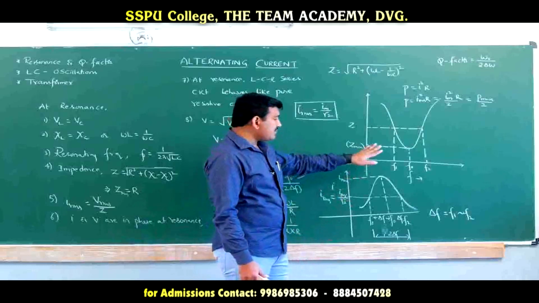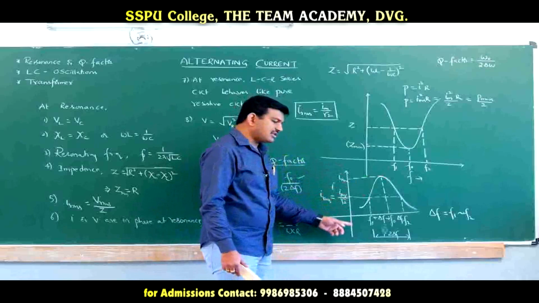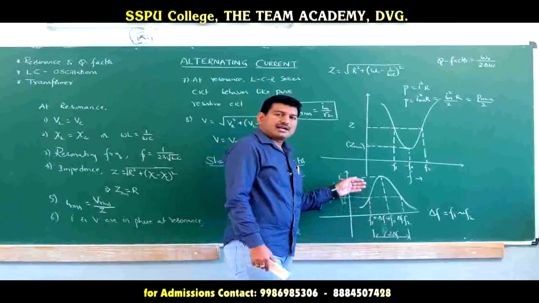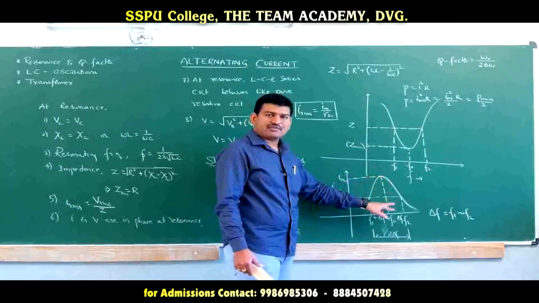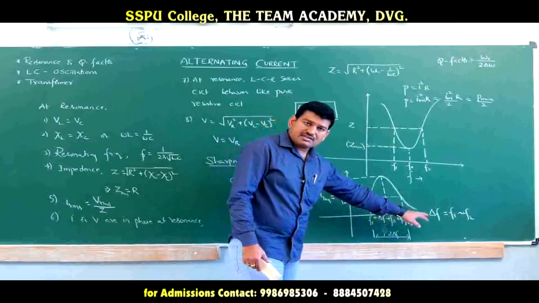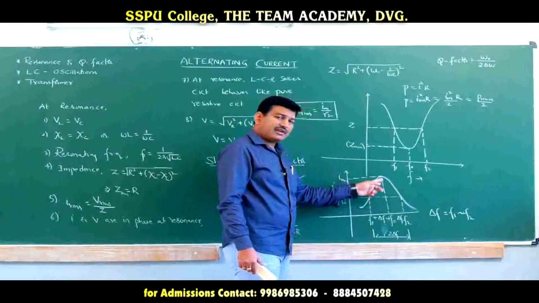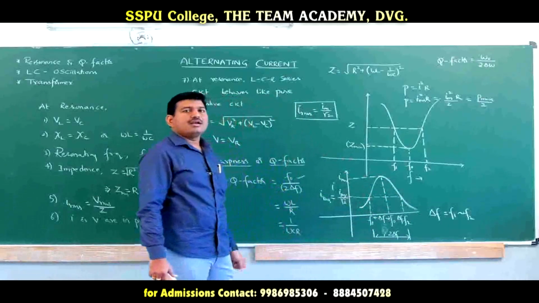And impedance is minimum for which frequency? Resonating frequency. Similarly, if you see the current versus frequency graph, with increase in the frequency, the current in the circuit increases in the beginning, becomes maximum for a particular frequency called the resonating frequency. With the further increase in the frequency of the LCR series circuit, the current in the circuit decreases, and the frequency for which the current in the circuit is maximum is said to be the resonating frequency.